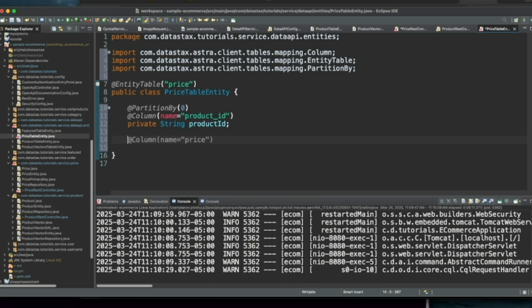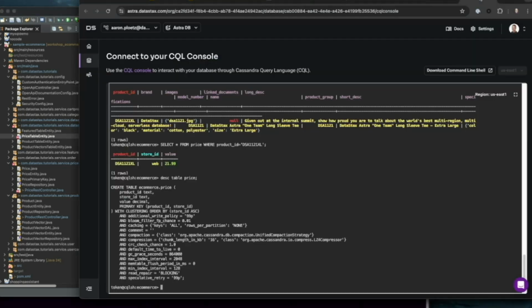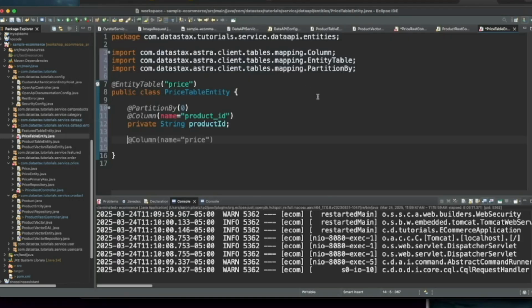Okay, now the next one we had was the store ID, because when you think about working for a large e-commerce organization, you may have brick and mortar stores. Those stores will likely be in different geographic areas, and they will also likely have different prices associated with the same products. Likewise, you may also have a special price for the web, which is what we're using here, because if you remember from my query back here in Astra, you can see that we have a store ID of web for that product out there. So that is the store that we're actively using here.